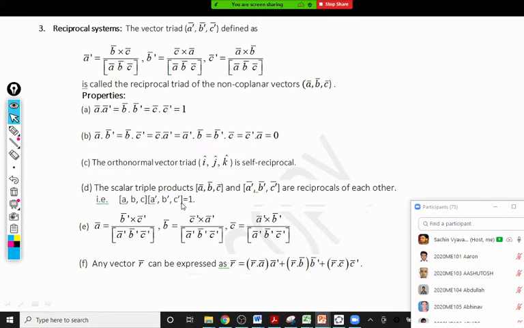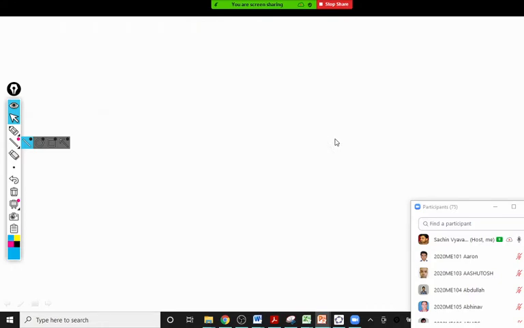Reciprocal obviously means, like the reciprocal of the number 10 is 1 by 10. So the box product ABC is some number, and its reciprocal is obviously that. Here we have to prove that box ABC is equal to 1 upon box of A dash B dash C dash. That is the aim, property number 4, and we have to prove it here.